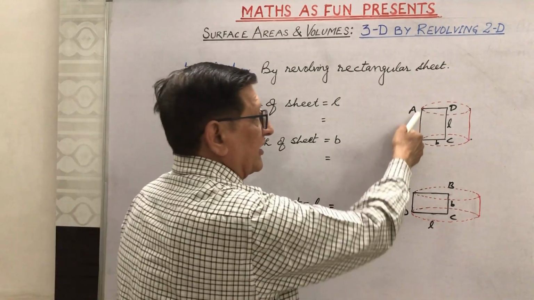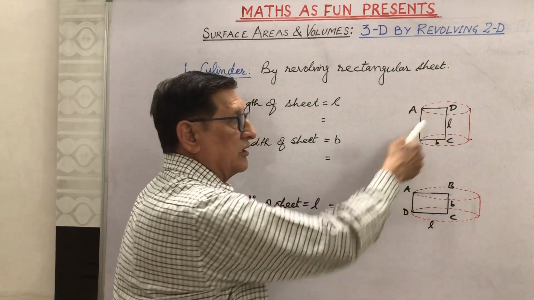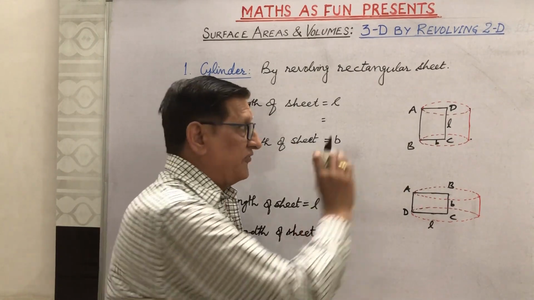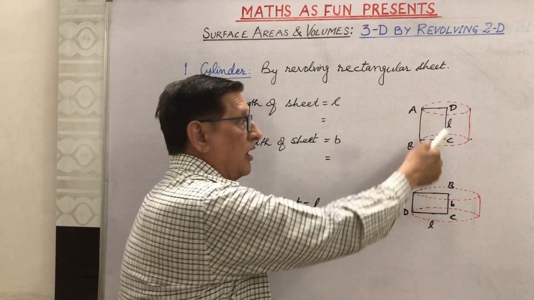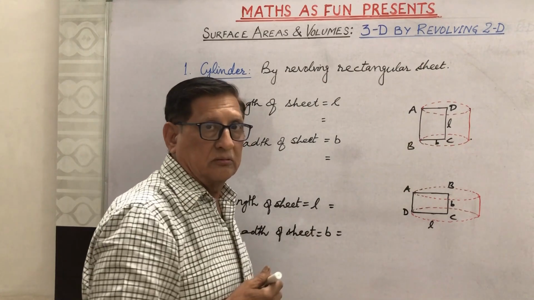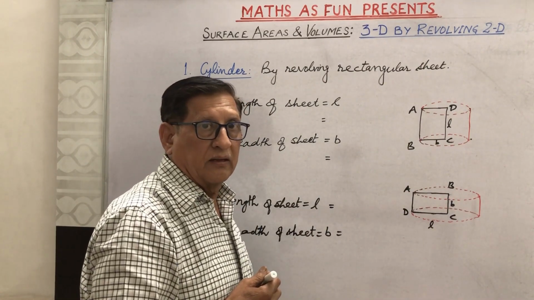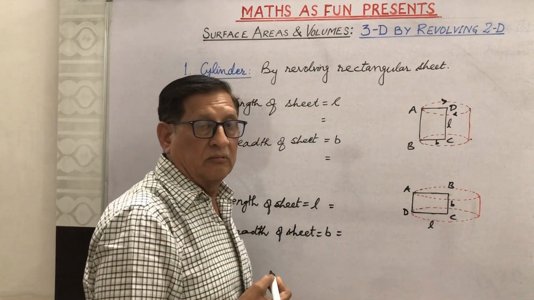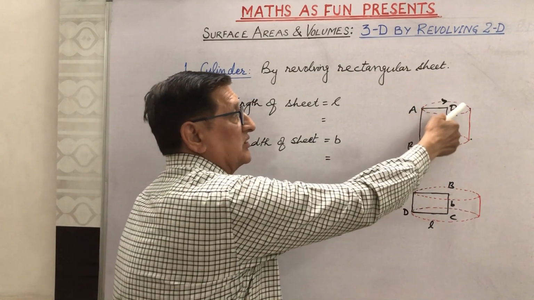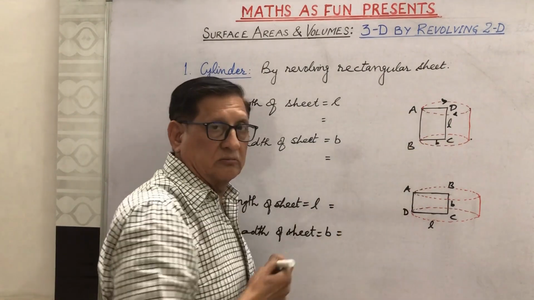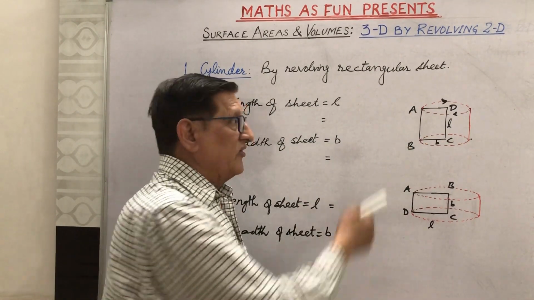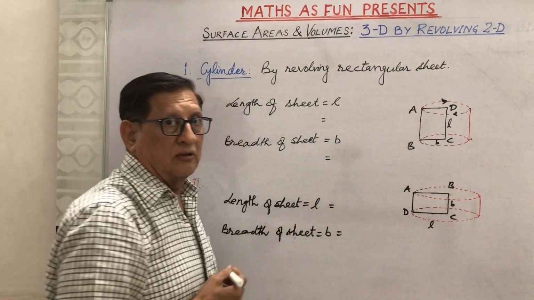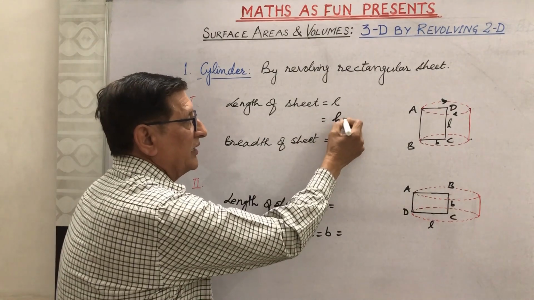Suppose we have a rectangular sheet ABCD, the length of which is L and the breadth is B. If we revolve it about its length, either clockwise or anti-clockwise, we will find that a cylinder is formed. When we form this cylinder, this length of the sheet will be acting as the height of the cylinder,